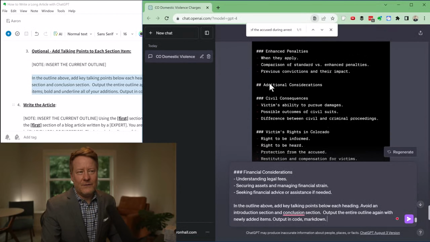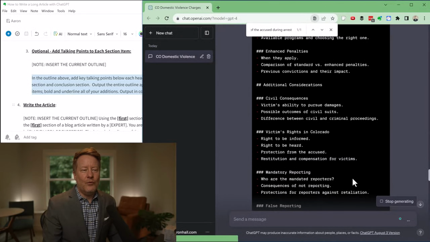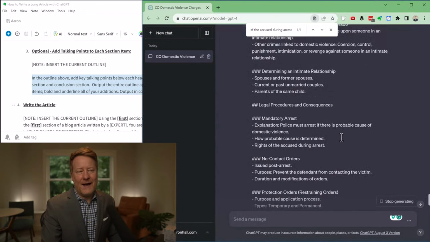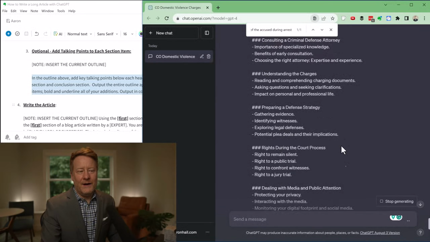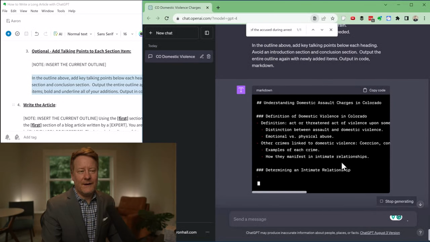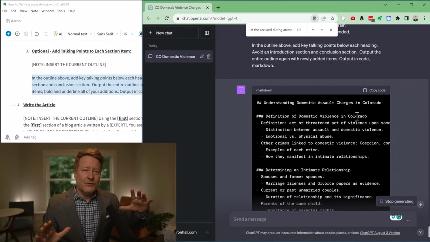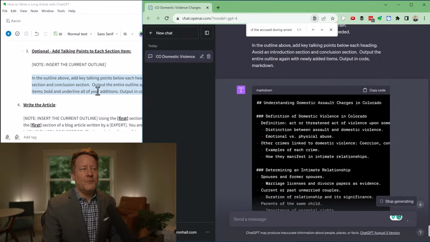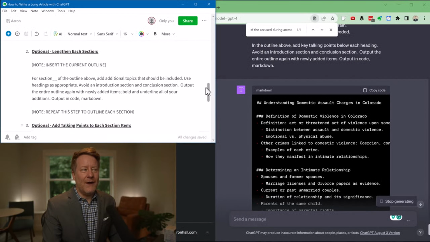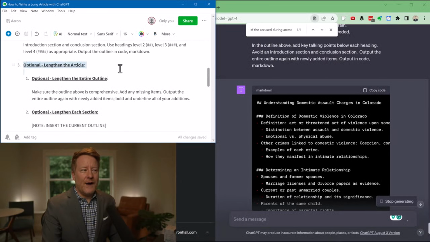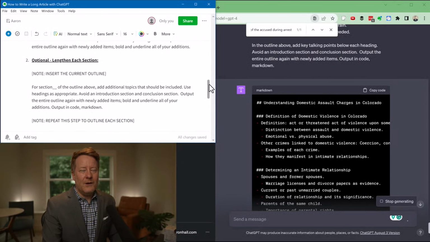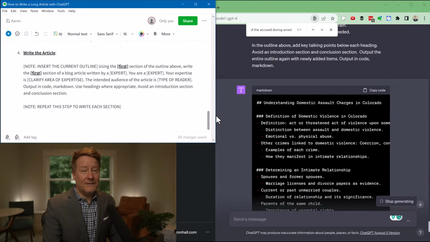So as you can see, we have headings here right now and little dashes, but we're telling it one more way to enhance this before we go write the article. Again, this is not necessary, but as you can see, we are going to get a long structure of what we want ChatGPT to use to write this article. All of these are optional sections. I find most topics don't actually need all of these optional sections to lengthen the article. But if you really want to get detailed and have a lengthy article, this is the way to do it.